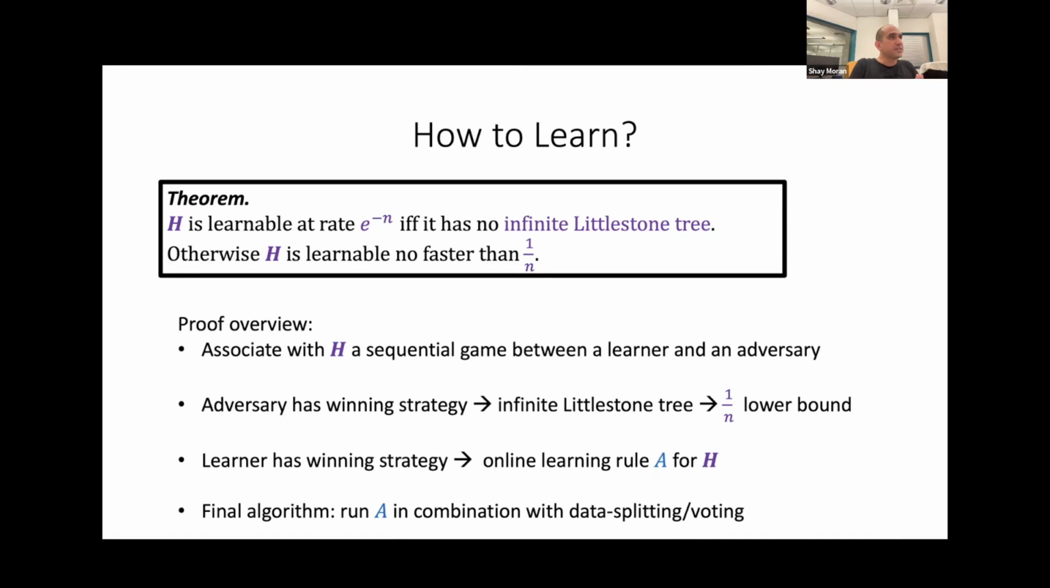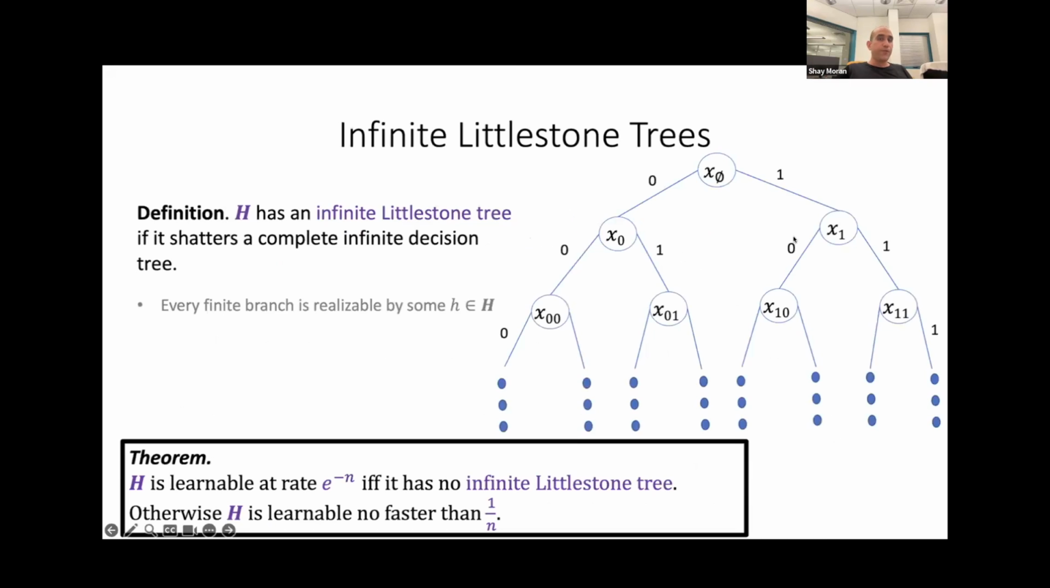Now, Avi is restricted as follows. At all times, the answers that Avi gives me must be consistent with a function in the class. In other words, I pick a decision tree, and you follow it in some path. Very good. So if we have this infinite Littlestone tree that is shattered, Avi can force a mistake